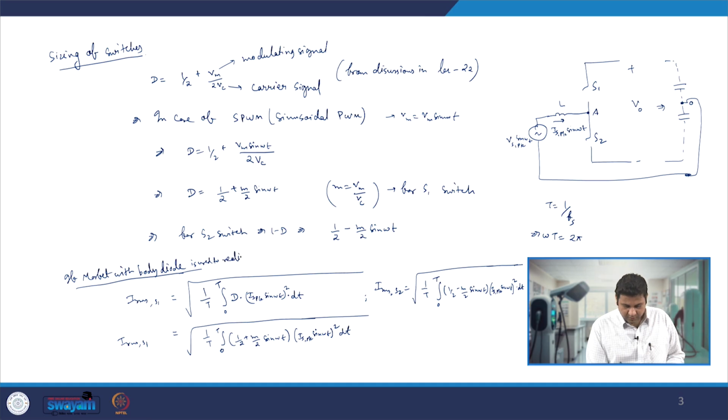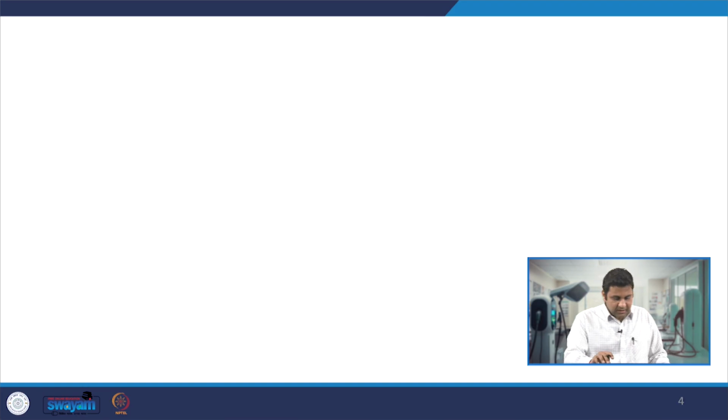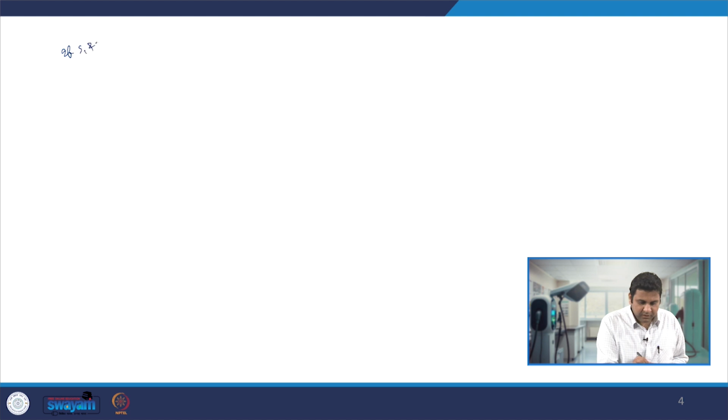Realize S1 and S2 switch. And then in the same way S3 and S4 and S5 and S6 will be there. Now similarly, if S1 and S2 switch is realized using IGBT with freewheeling diode,